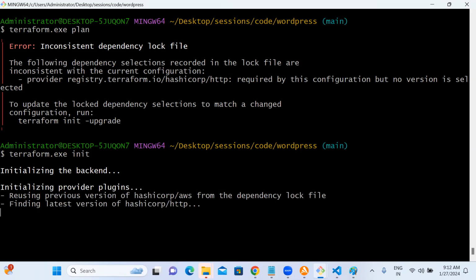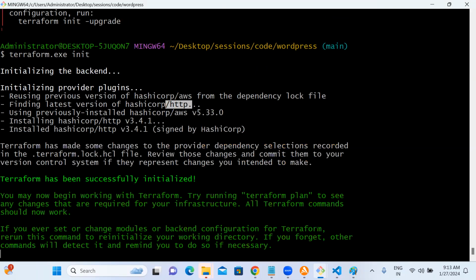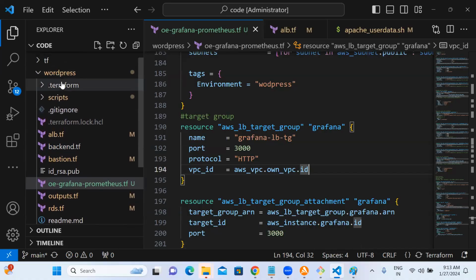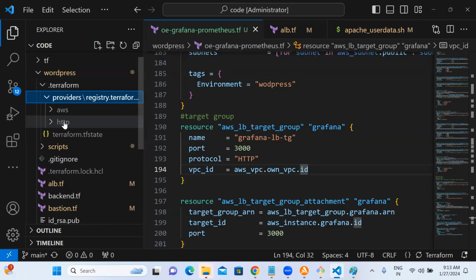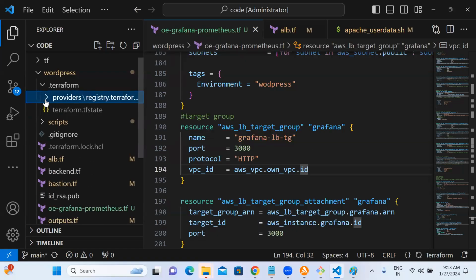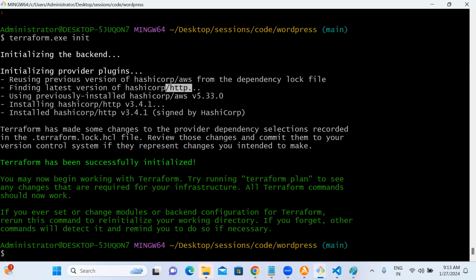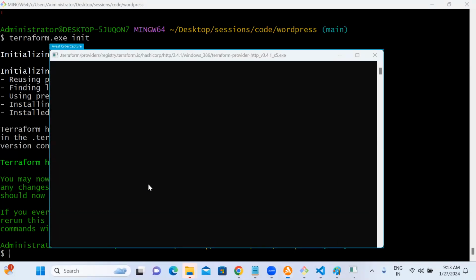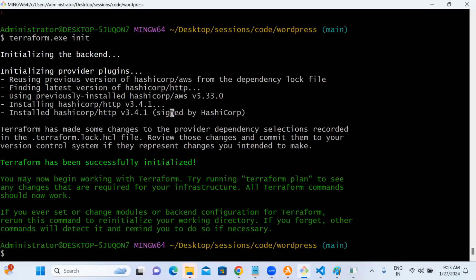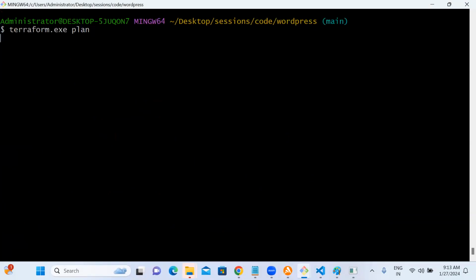See here, it is downloading the HTTP provider. You can check that in this folder. Two providers: this one is for AWS, and this is what we just downloaded. If you add any extra provider, you should do init again. Now let's go for plan again.